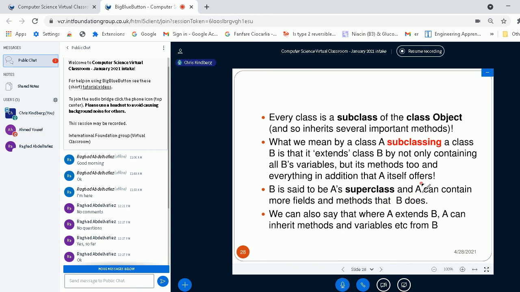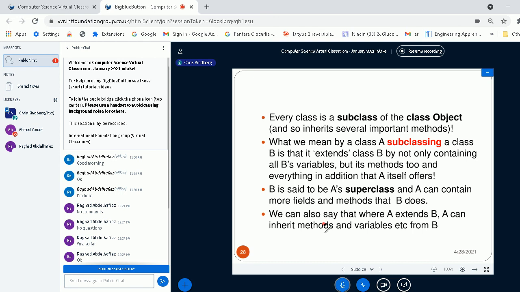We can also say that where A extends B, or A is a subclass of B, A inherits all the methods and variables from B. So think about that: inheriting methods and variables. In virtue of the fact that A contains everything in B, it inherits all those.